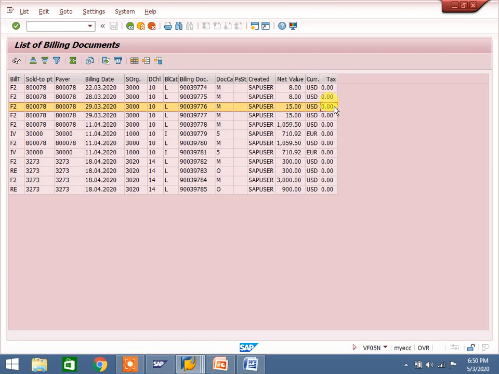Once they complete development, they hand it back to the functional consultant, who tests it in the development testing server. Once it works fine from his side, he moves it to quality through Basis.